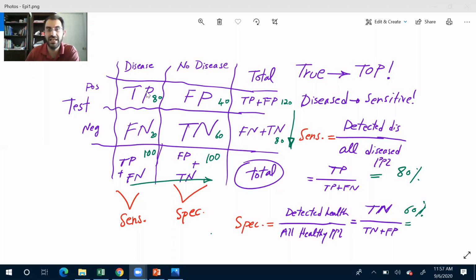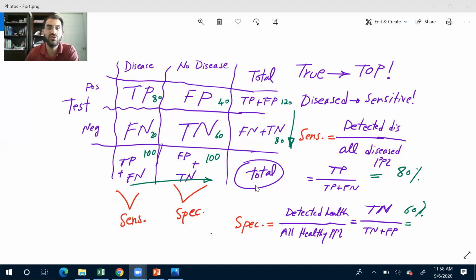Thank you so much, ladies and gentlemen. Total of the rows: the total of the first row is TP plus FP, true positive plus false positive. Second row, false negative plus true negative. Now I will go with the total of the columns: true positive and false negative, false positive and true negative. What comes here? Your total. What about here? The same thing.